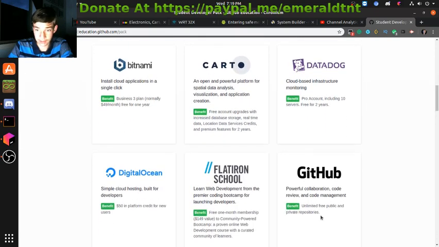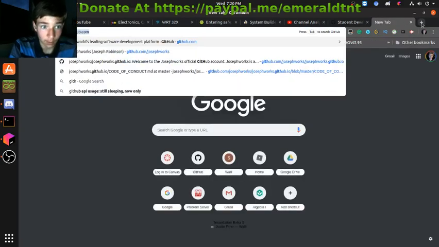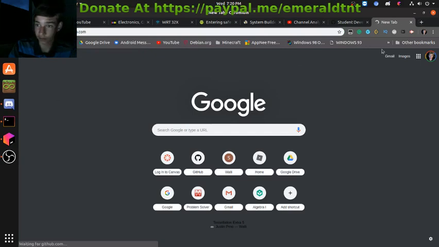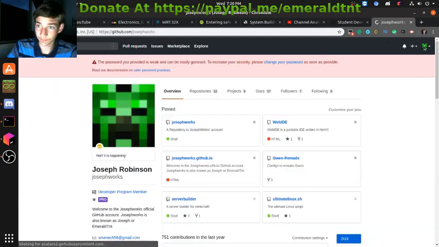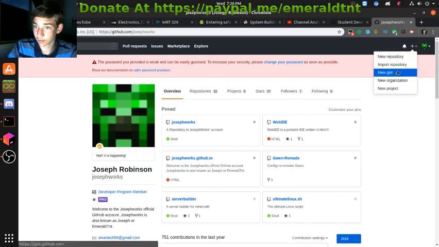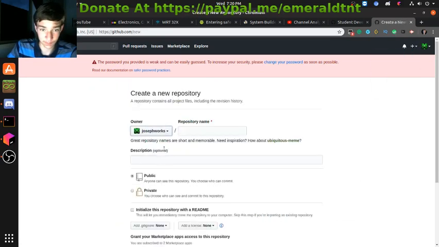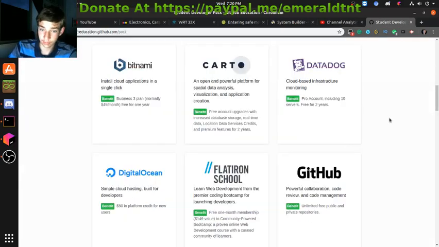Oh, also this right here gives you private repositories, and you get a professional GitHub tag. Like my account right now, if I go to it, you can see I have the professional star, and now I can go in here, click new repository, and I can now create private repositories. So you get that, and a lot of school stuff, like web development courses,